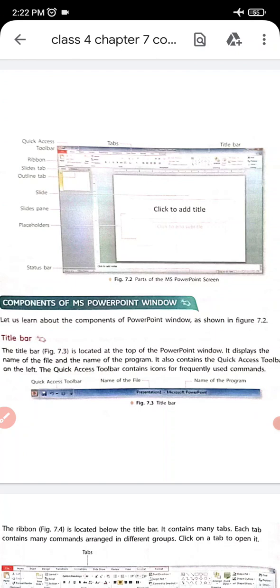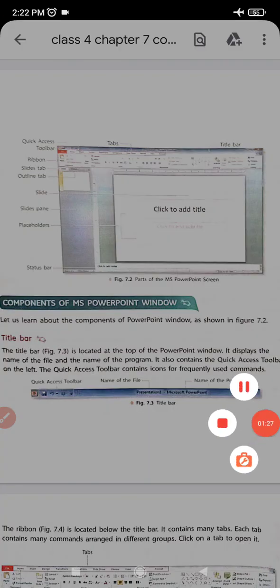You know, PowerPoint was developed by a company called Forethought. Forethought was later bought by another company called Microsoft. So PowerPoint is also a part of the Microsoft Office package. Okay. So in the previous video I have already introduced you to PowerPoint. Now today I am going to teach you about the components of MS PowerPoint.